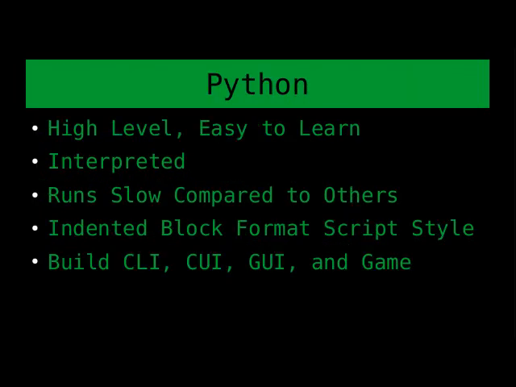Let's take a look. First one up is, well, besides the Visual Basic from Visual Studio, that was one of the easier ones, and they have different languages also for that Visual Studio. But Python is next up. It is high level and very easy to learn. It's a beginner language. It is interpreted, so you don't have to deal with compiling it. You just type your code into a file, save it, then type the name of the interpreter and call the file name as the argument, and it will run whatever you have in there. It's fairly simple. You can get your first program going with a single line of code.